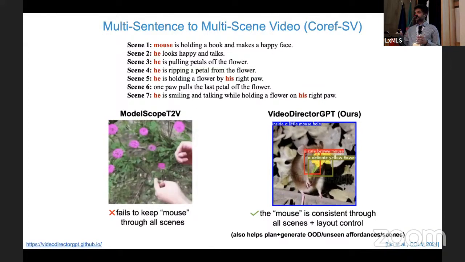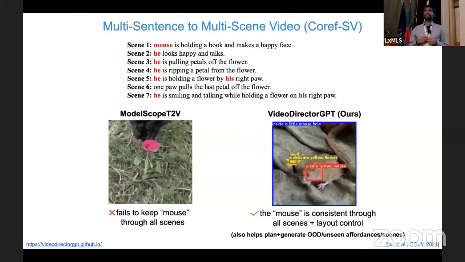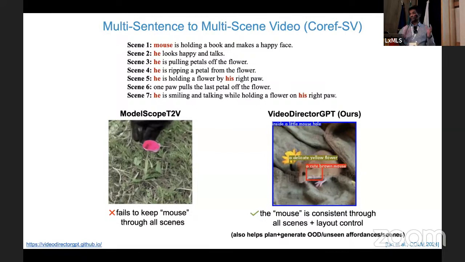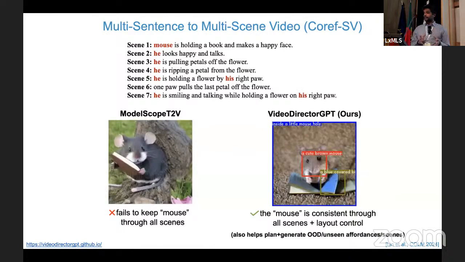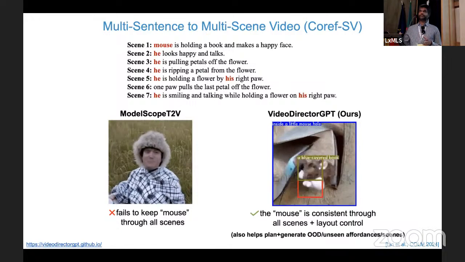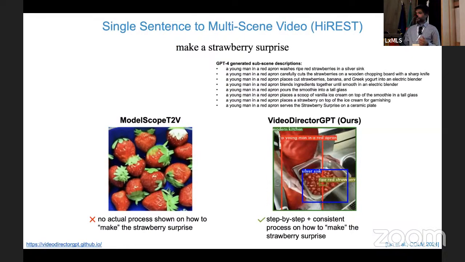So you'll notice that in this frame currently, the petal is exactly in the right hand. The reading of the book is very natural given the small compute scale, right? And the second very useful part that we are focusing on is that the mouse is consistent across the whole video. So those are the two things that are the innovations here.